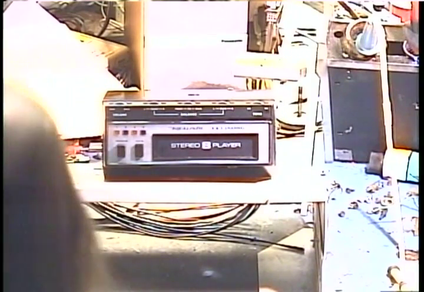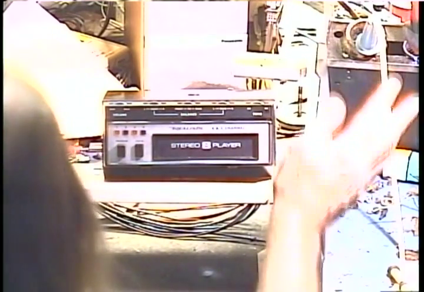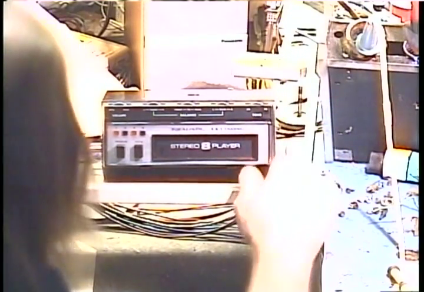So I'm going to stop blabbing again, and we're just going to go ahead and pop in, first, a stereo tape, because this is also a demo tape for this customer's unit. This is actually a brand new, never been installed Realistic 8-track player.